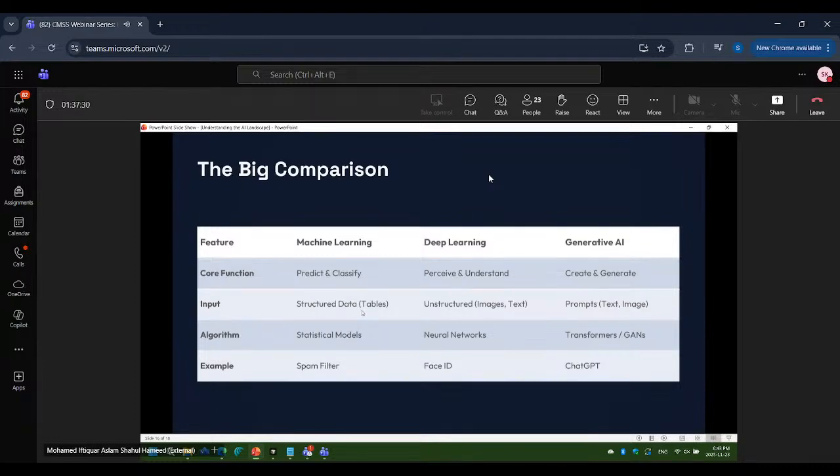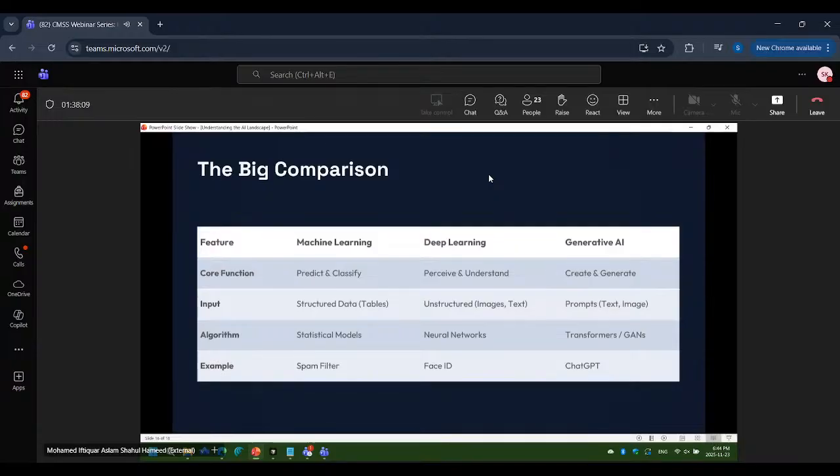Input for machine learning is a structured table, as I said, rows and columns, right? Where we have to say the properties of, for example, a flower, we have all the properties as features and then the label. So those are in tables. Deep learning takes images. As I said, a convolutional neural network identifies images. How does it identify? It breaks our images into pixels. It identifies the edges, the corners, and based on that, it is able to identify our other photos as well as it keeps on learning, right?